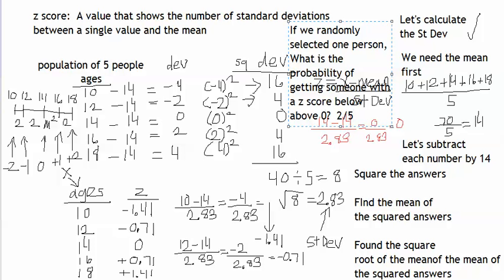But if the data, meaning the ages that we're working with, follow a bell-shaped curve like this, you can actually get these answers straight from the table instead of having to do them this way. You can find the probability of getting a person with below a certain z-score, above a certain z-score, or between 2 z-scores, just straight from the table. But that's only if the data, in this case ages,